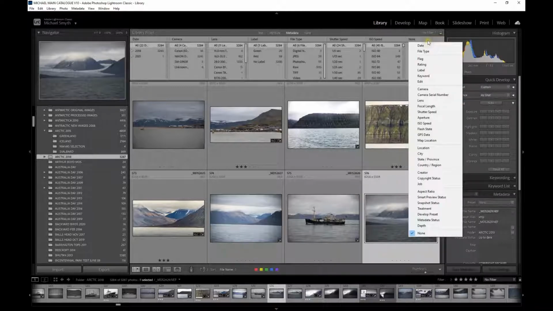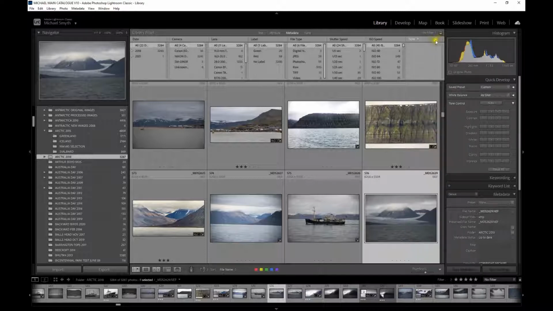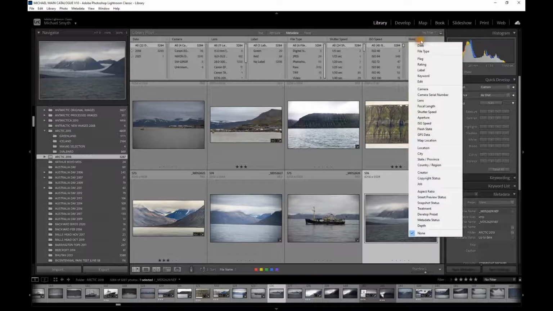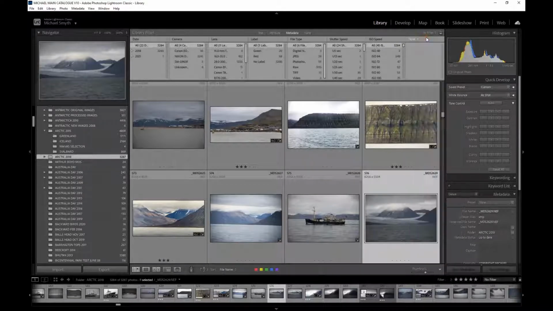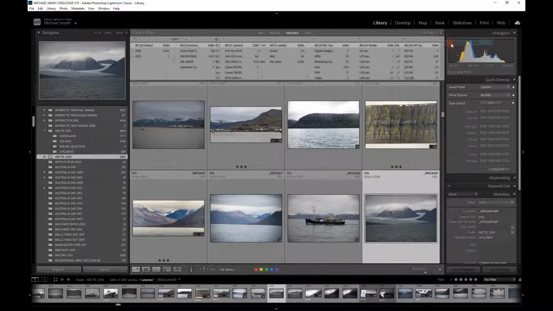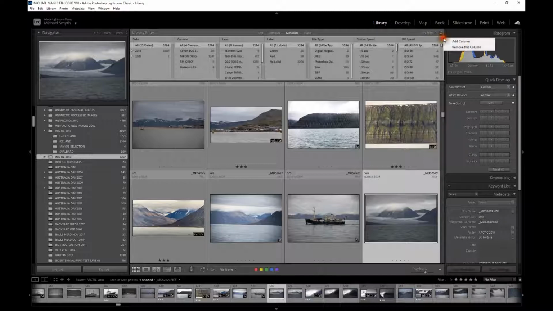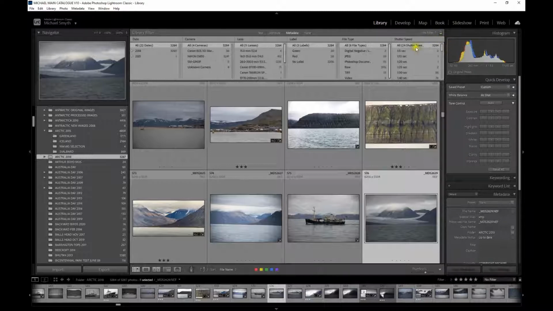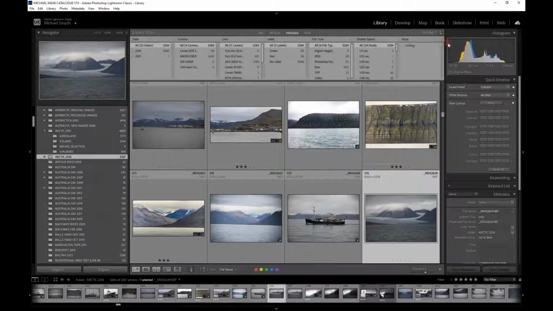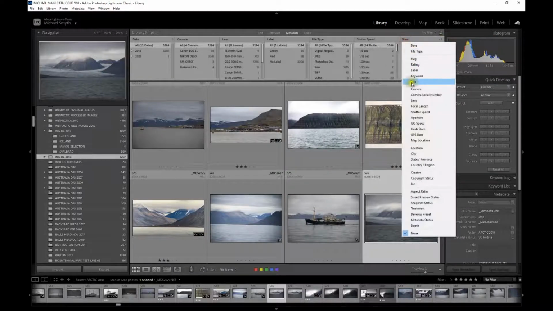And if you don't want to have that column, you could just say remove this column, make sure you selected that one, and for instance, if I don't want that ISO speed anymore, I can remove that column. And each time you remove a column, these other ones will expand. Let's go back and put that column back in, because I think I liked the option of looking at my